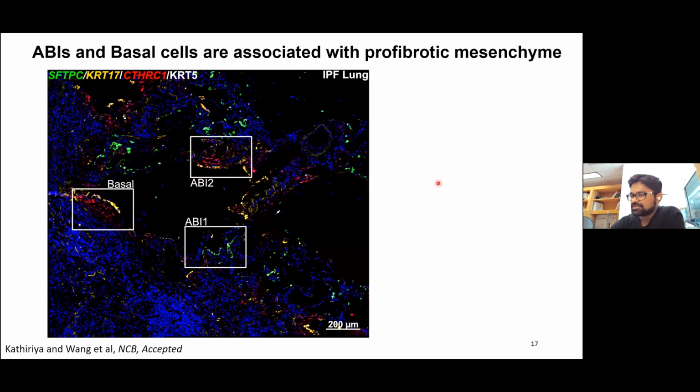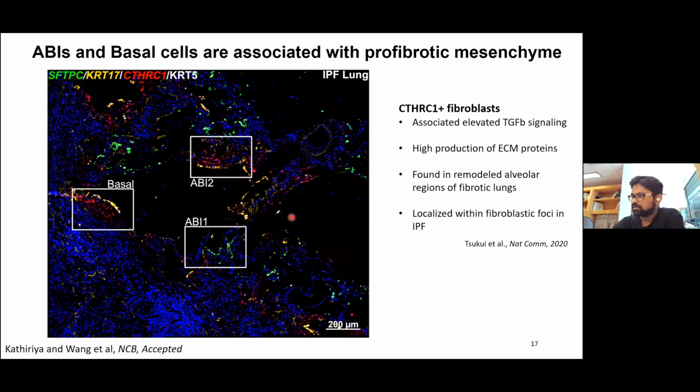And last but not least, we wanted to see how the mesenchymal cells are related to these ABIs. And we did in situ for what we did earlier, SPC and K17, but now we threw in CTHRC1, the earlier mesenchymal marker that we saw. And then we found that these ABI1s were,